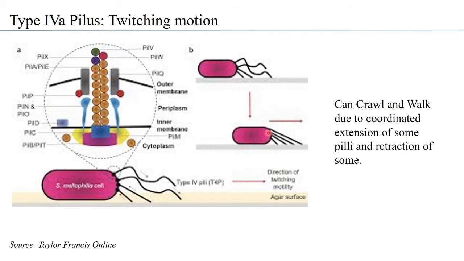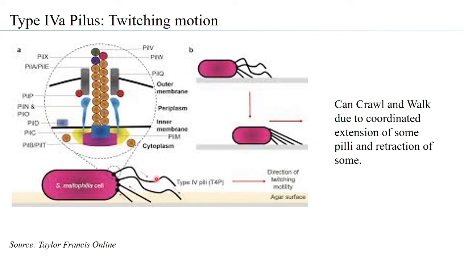Suppose you consider this bacteria standing vertical, then it is also called walking. Here, because it is present in the horizontal form, it is termed crawling, but if this is present in a vertical form, then it is also called walking. So you can see that based on where the pilus is adhering, the direction of the movement is decided.